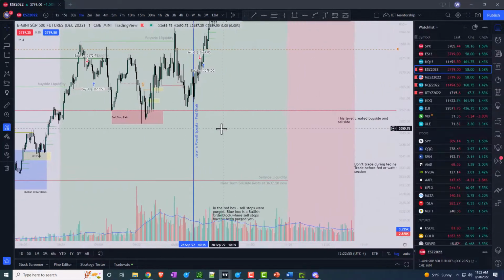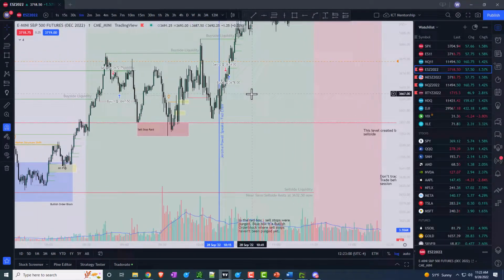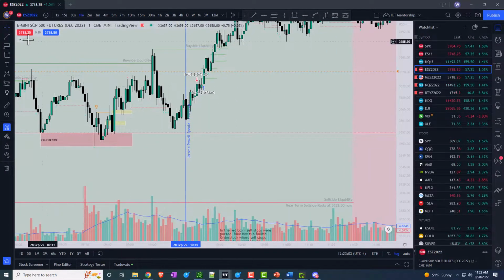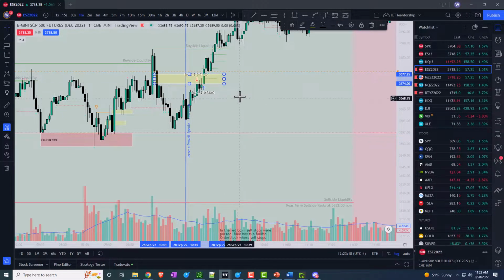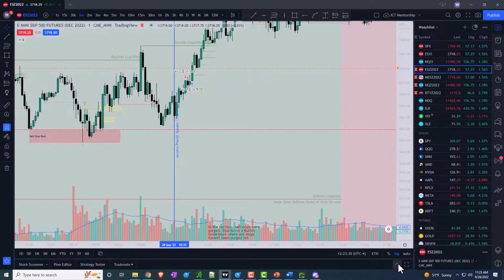So this is something that I learned today, and I even tried to do two contracts because I thought this was going to go lower. The thought was we traded up into this fair value gap, and I shorted it, and I got run over real quick. So I had my stop loss, but basically it wiped out the trade from earlier this morning and the trade from the AM session. So down about 90 for the day today, but